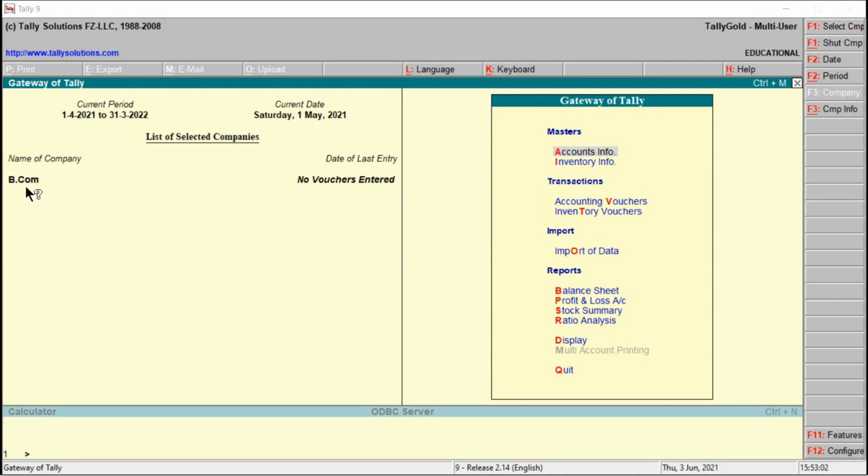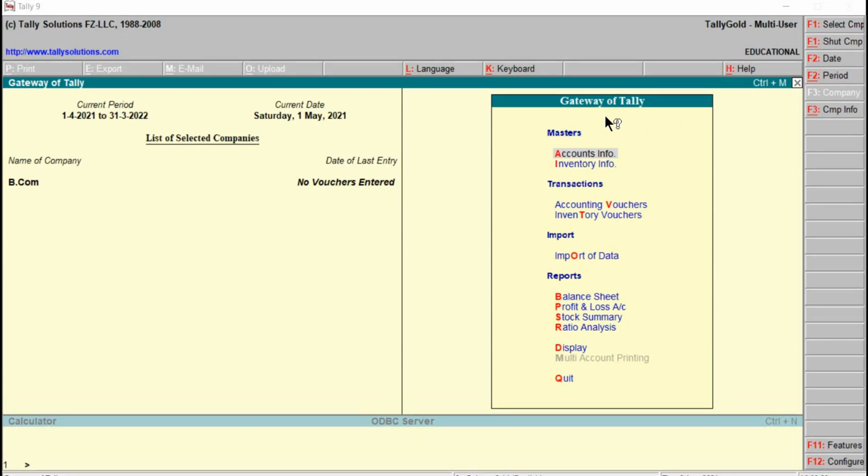Right now only one company is created, that is Beacon, and we can see the date of last entry. What is given here? No vouchers entered, because we have just created a company but we have not recorded any transactions. On the right-hand side, we have the gateway of Tally.